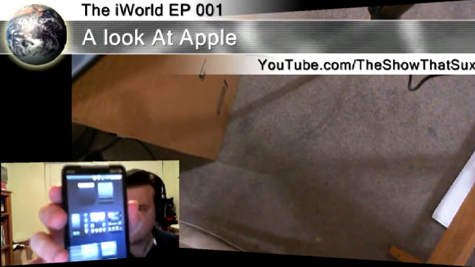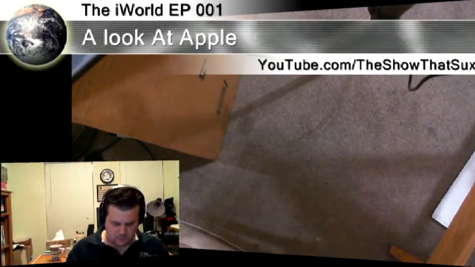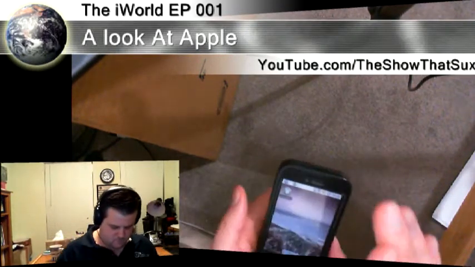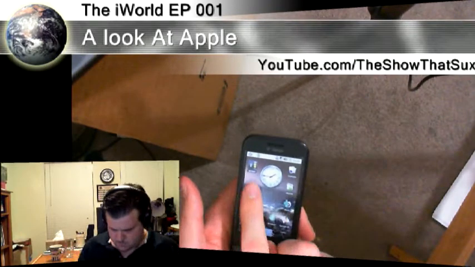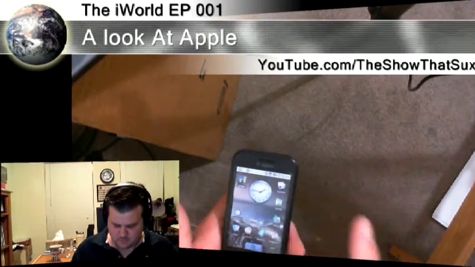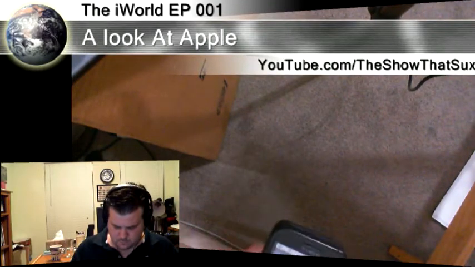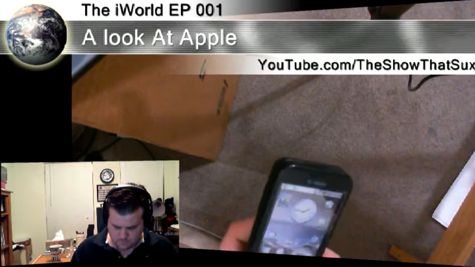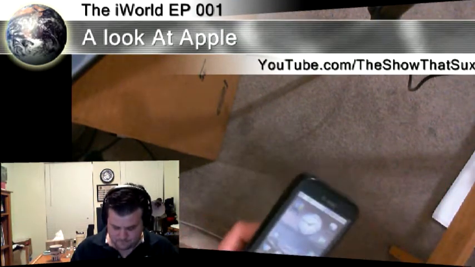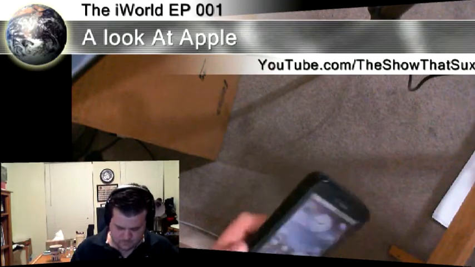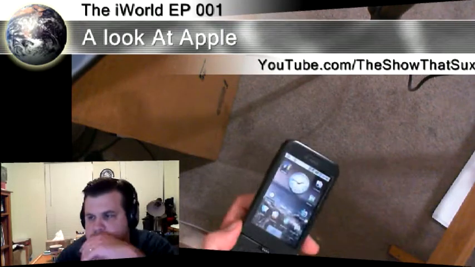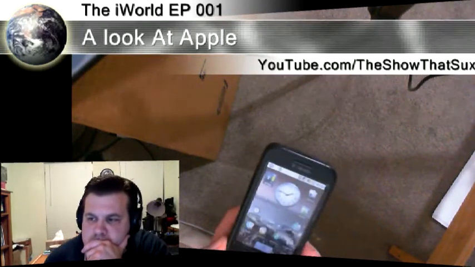So, okay, yeah, you have 5. I have... Well, 7, actually. You have 7. Yeah, that's the thing. You have your main center screen, and then they add a screen to the left or right, or they add 2 to the left or right, or 3 to the left or right. They just keep adding screens. The more powerful these devices get, the more they add. Initially, they only had 3. This person was on the European version of a Droid, so they only had 3. The Nexus One has 5. Your Evo has 7. They keep adding on.